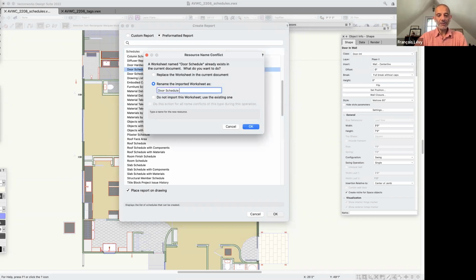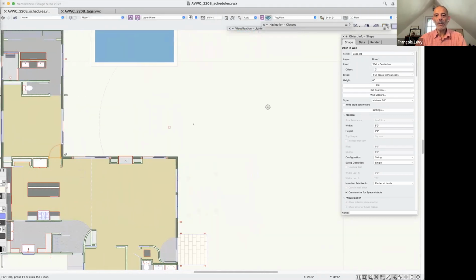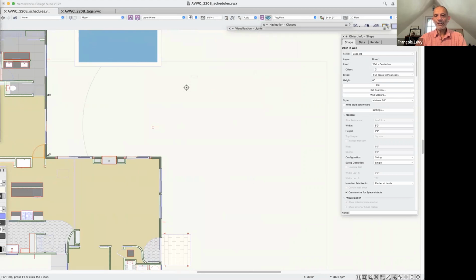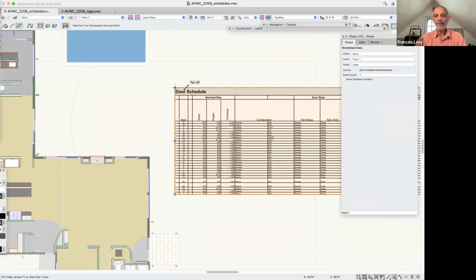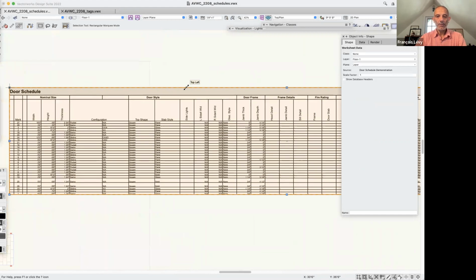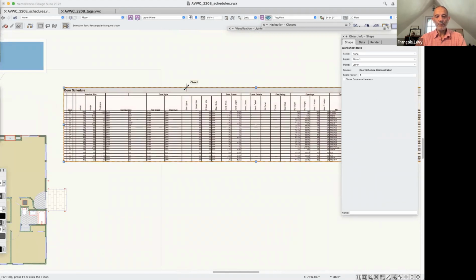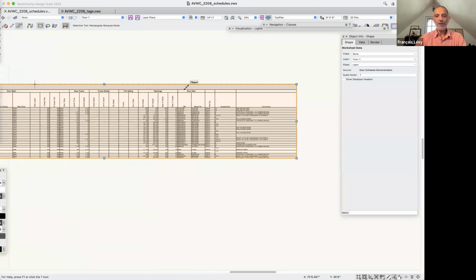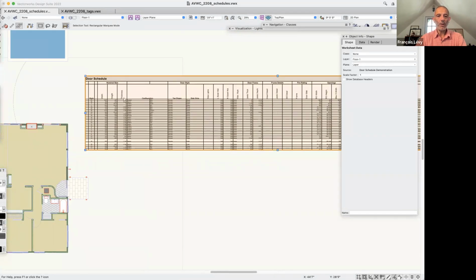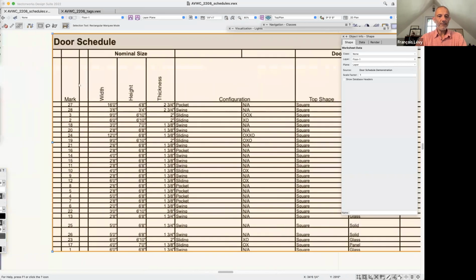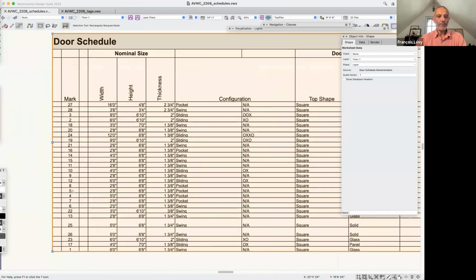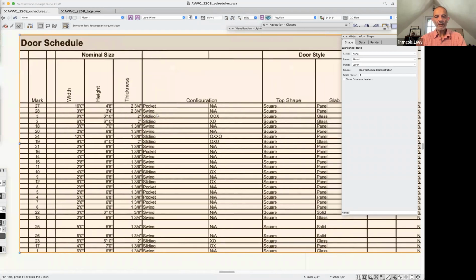So I'll just call this door schedule demonstration, so as to not overwrite the one that I want. And then I get this little insertion object, and there's my door schedule. So as you can see, the default door schedule is really quite detailed. It's giving me the door mark, its width, height, thickness, the configuration,